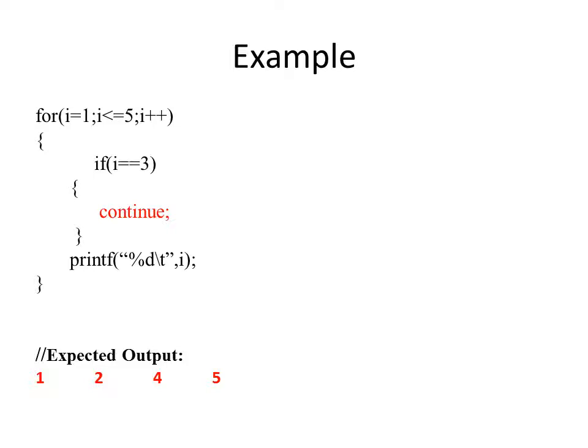Now let's start. For the first iteration, when the i value is equal to 1, in the loop condition, this i value, that is 1, is less than or equal to 5. Yes, this condition is true, and hence the control transfers within the loop body. Within the loop body, we have used the condition that i value is equal to 3. Currently the value of i is 1. Is 1 equal to 3? No, the condition is false, and hence the control transfers after the pair of curly brackets, that is, it moves towards the printf.